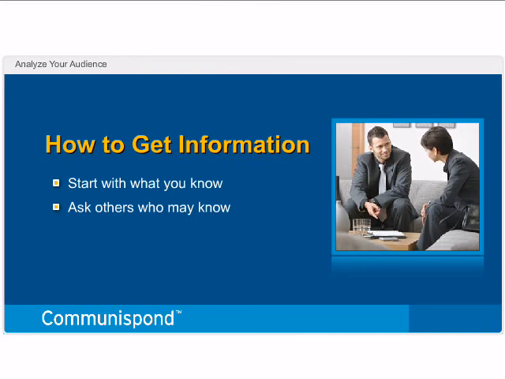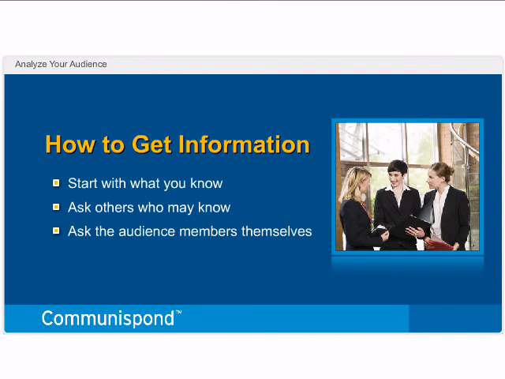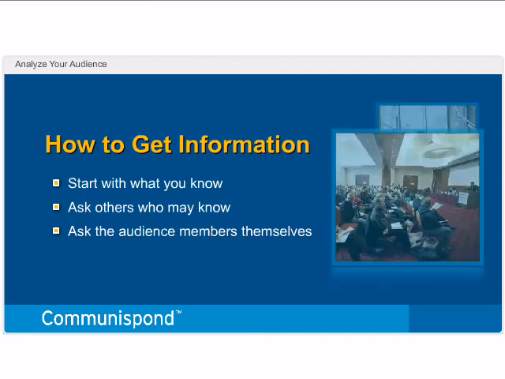If you don't know the people in your audience personally, do a little research. If they are within your organization or in client companies, can you gain any insights from someone else who knows them? If you do know your audience well enough, you can get very accurate information by simply asking them. Once you know what's most critical to them about your topic, you can really target your information to what they need and what it is they want to know.